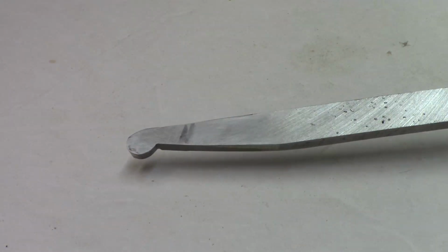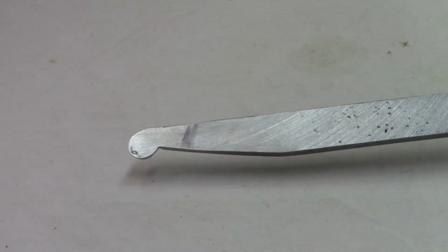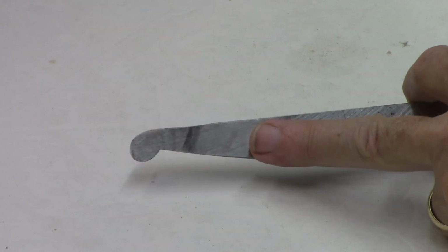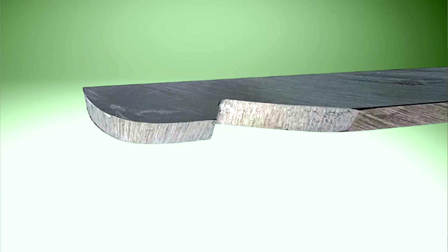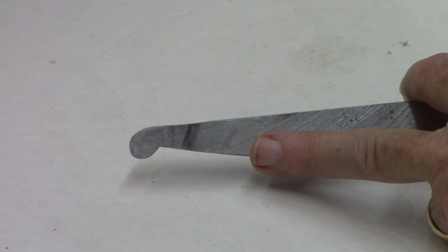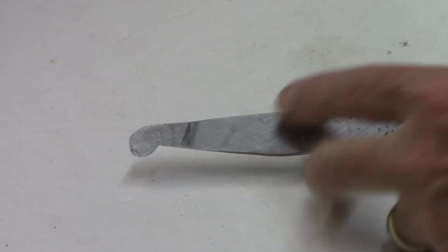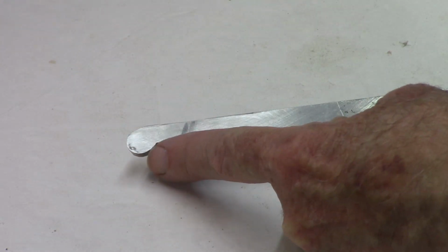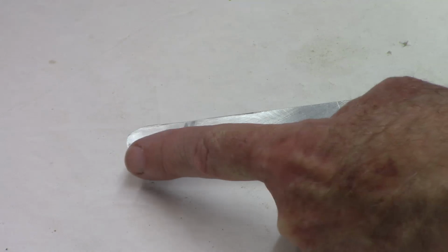Here's another example of a tool I repurposed. This is a tool made in Sheffield, England, a quality tool. The original profile looked something like this Hamlet side scraper, which I never found any use for, and this tool came with my original used setup of a Jet mini lathe and an odd bunch of tools. So regrinding it makes it much more useful for me to undercut the lip of a box,